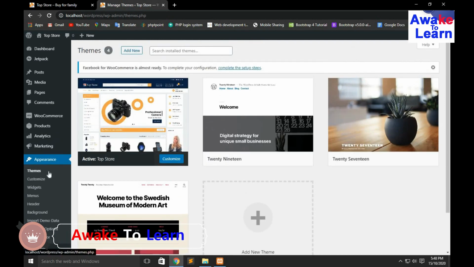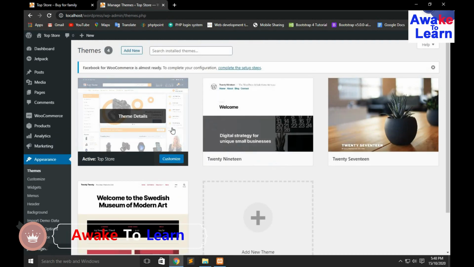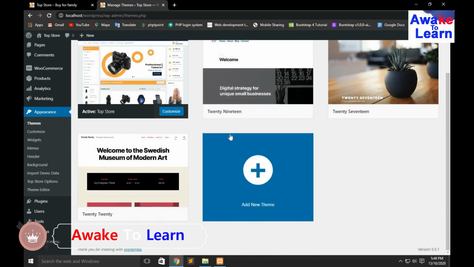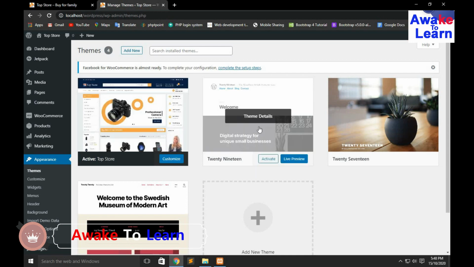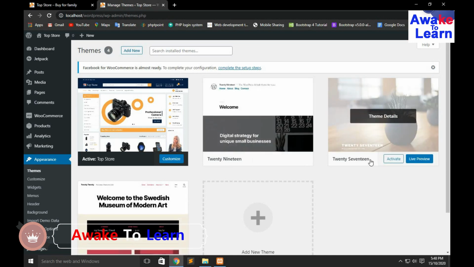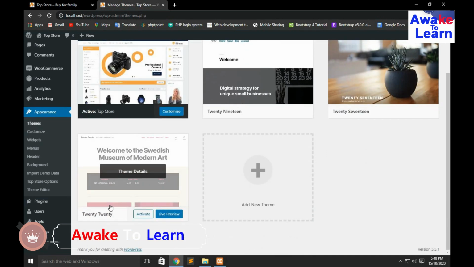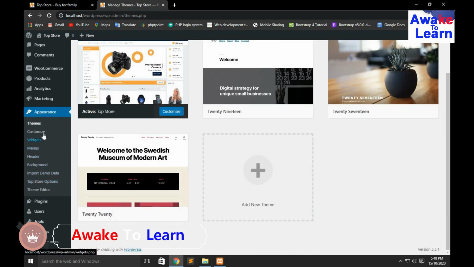The first one is theme. Here we have all the themes installed on my computer, and this is the top store theme which I used. I have 3 more themes: this is the 2019, this is the 2017, and this is the 2020. Next, I have a customization option.